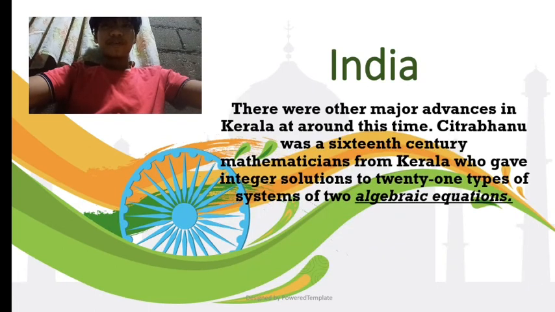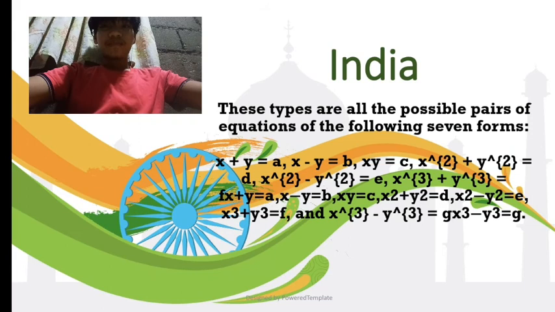There were other major advances in Kerala around this time. Citrabhanu was a 16th century mathematician from Kerala who gave integer solutions to 21 types of systems of two algebraic equations. These types are all the possible pairs of equations of the following 7 forms: x plus y equals a, x minus y equals b, xy equals c, x squared plus y squared equals d, x squared minus y squared equals e, x cubed plus y cubed equals f,